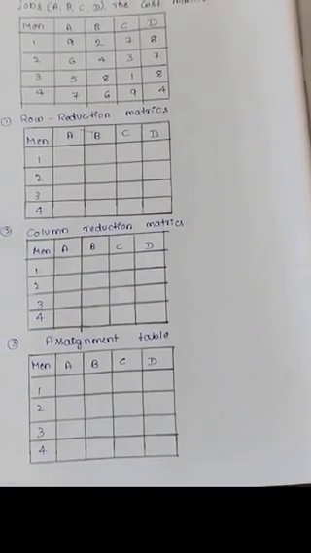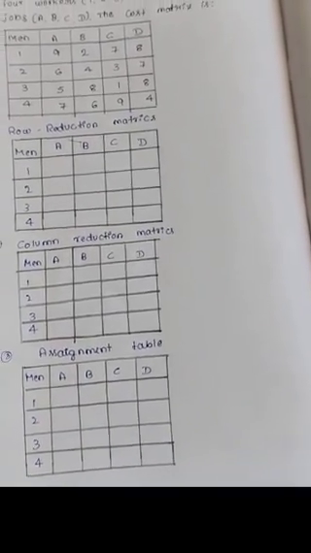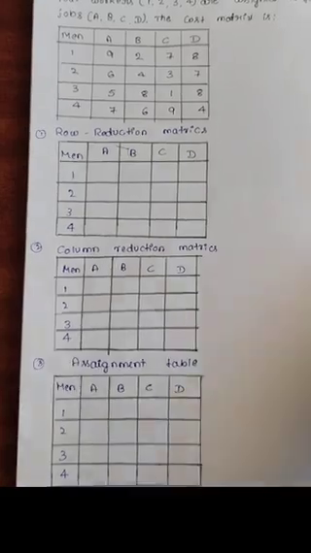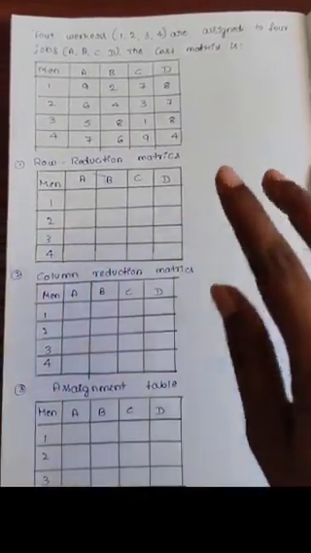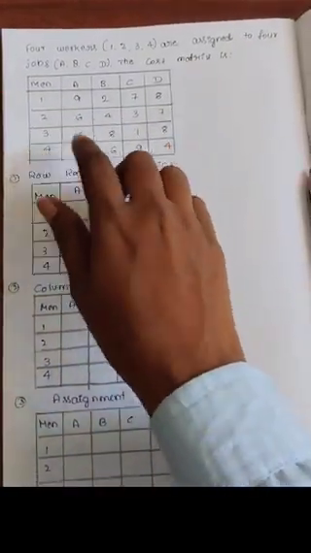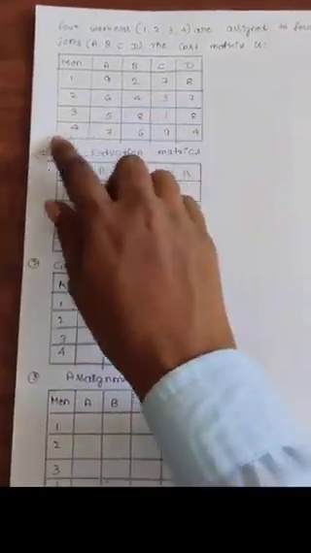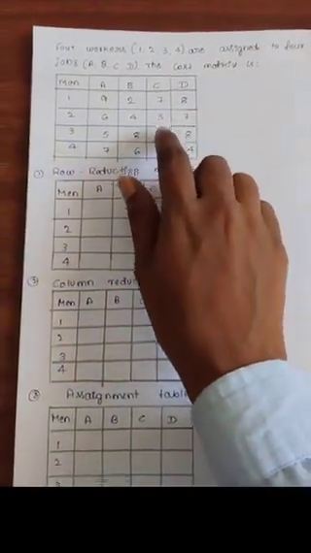Today I am going to explain the Hungarian method which is used to solve an assignment problem. An assignment problem helps us find the best way to assign workers to jobs so that the total cost is minimum or total profit is maximum. In this problem we have 4 workers and 4 jobs. The cost matrix is given and our objective is to find the minimum cost assignment.